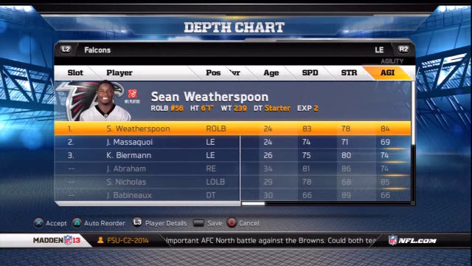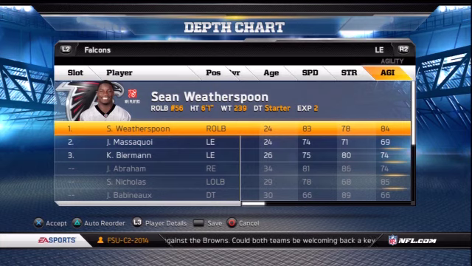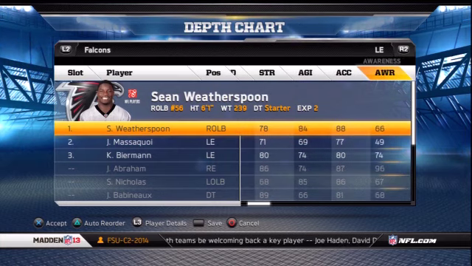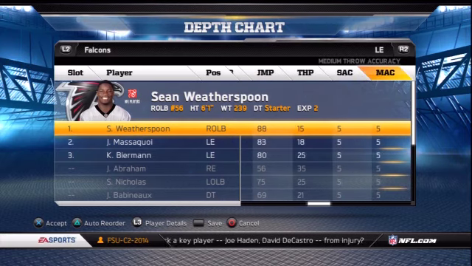83 speed, good speed off the edge. 84 agility, strength is borderline. That's alright, we can manage with that. With an 88 acceleration, he's going to get off that edge quick and with speed, and he has good tackling,